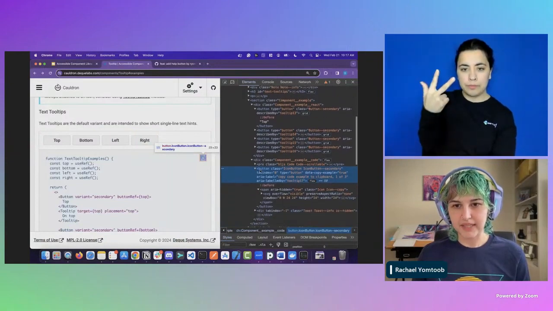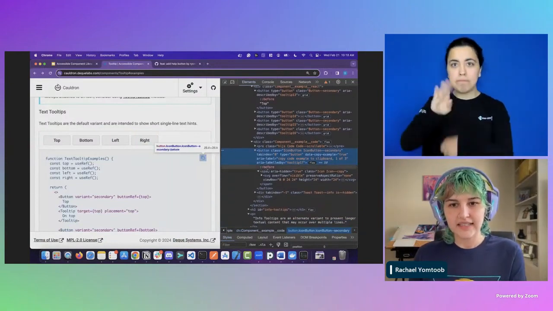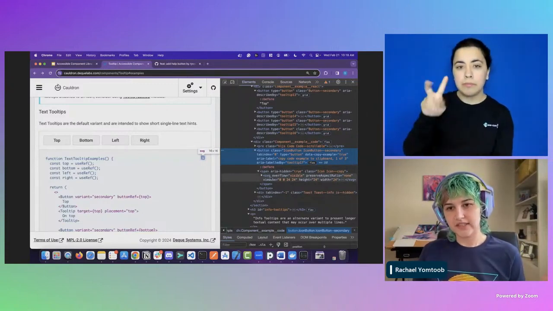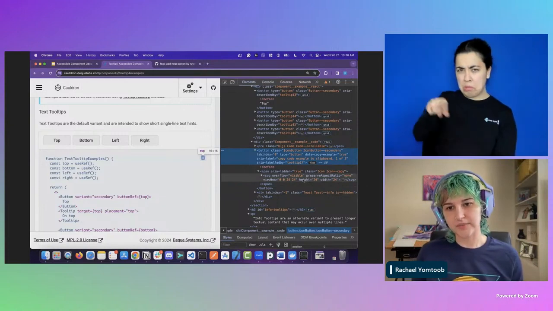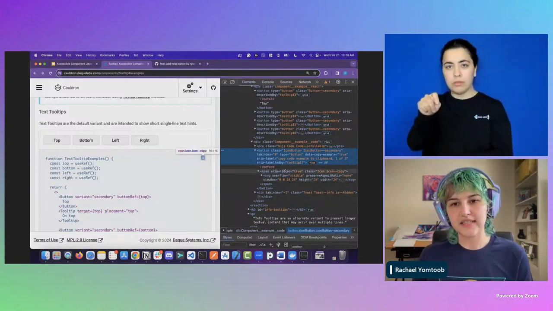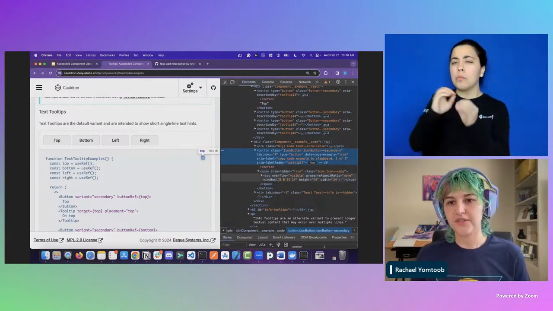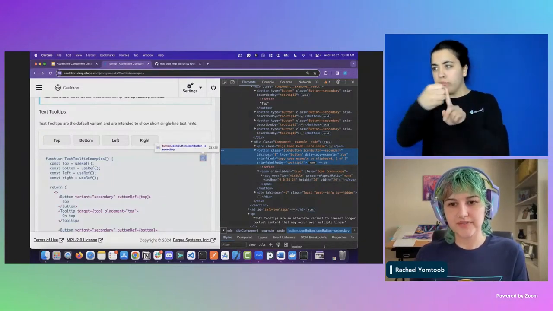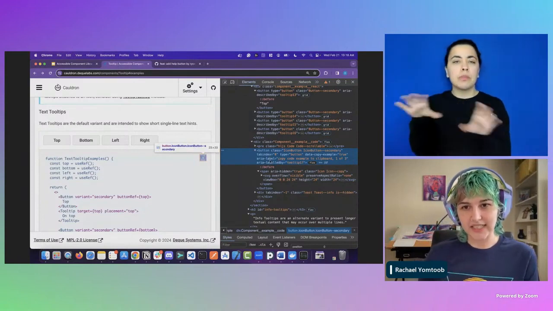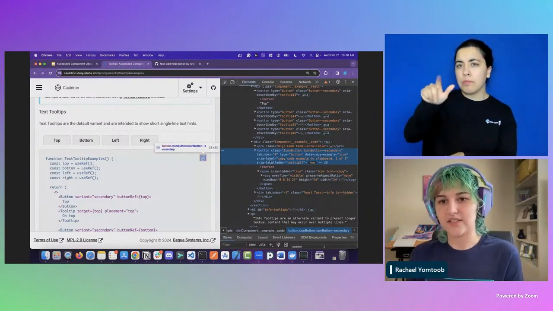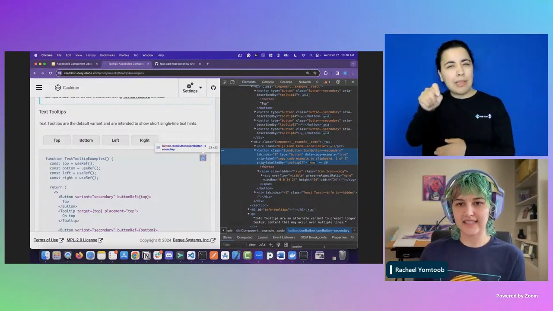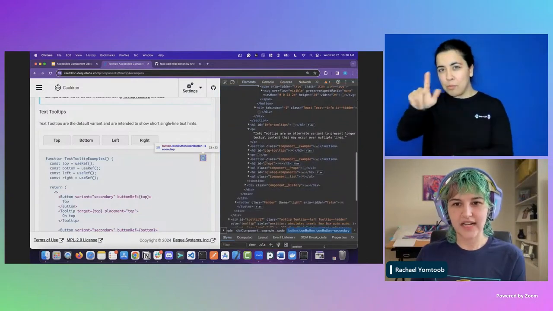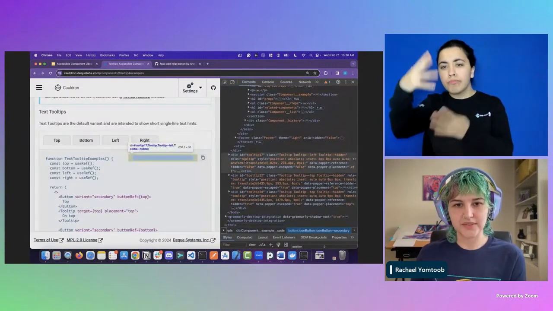So it is indeed a button. And then the icon is coming through as an SVG. So an SVG element doesn't have an alt attribute in this case. So that means that there's no text and there's no alternative text for the icon that would be labeling the button. So in this case, what we've done is two things. One, we added an aria-label, which is the same thing as the text in the tooltip, but we also added the aria-labelledby tooltip-17, which again, I can go down into the DOM and find tooltip-17,